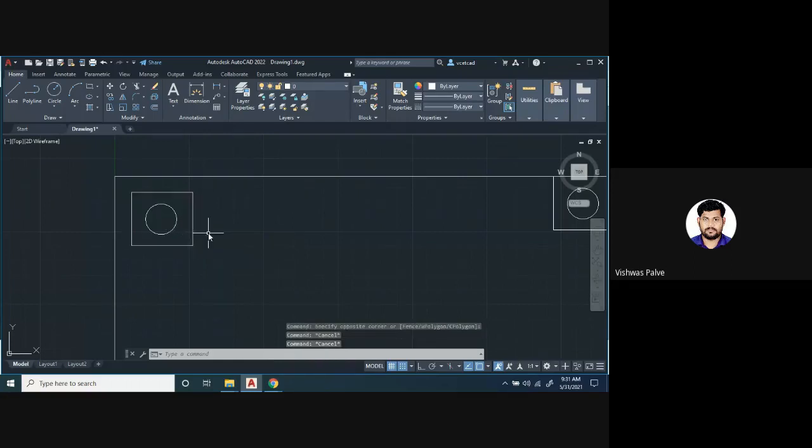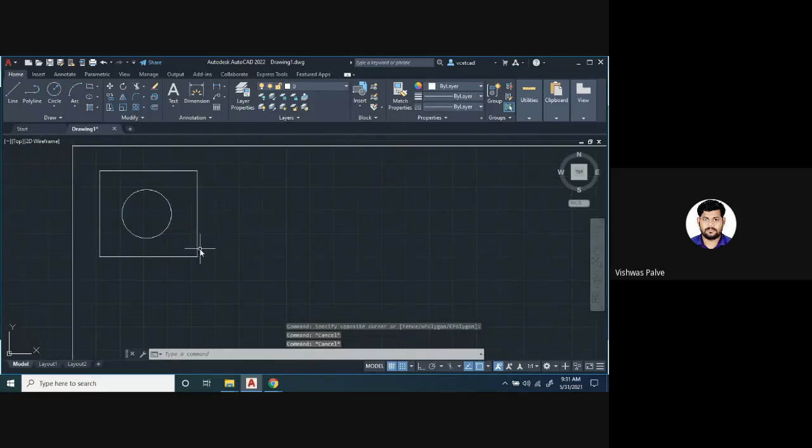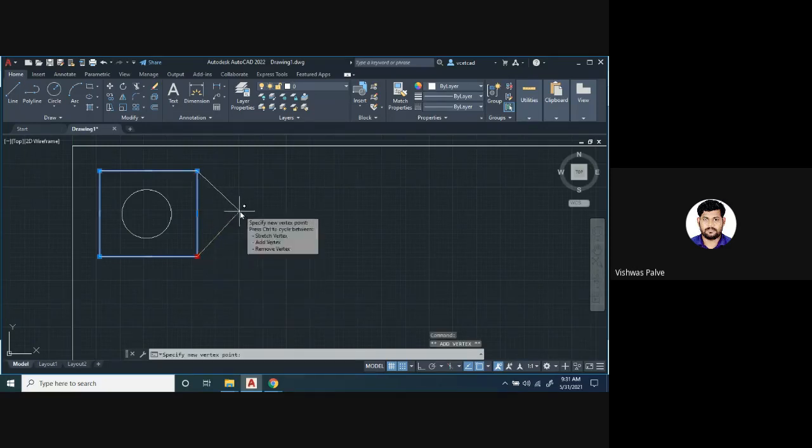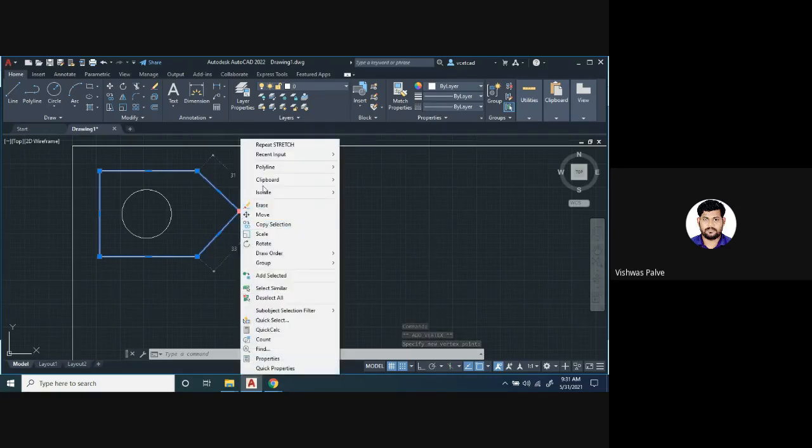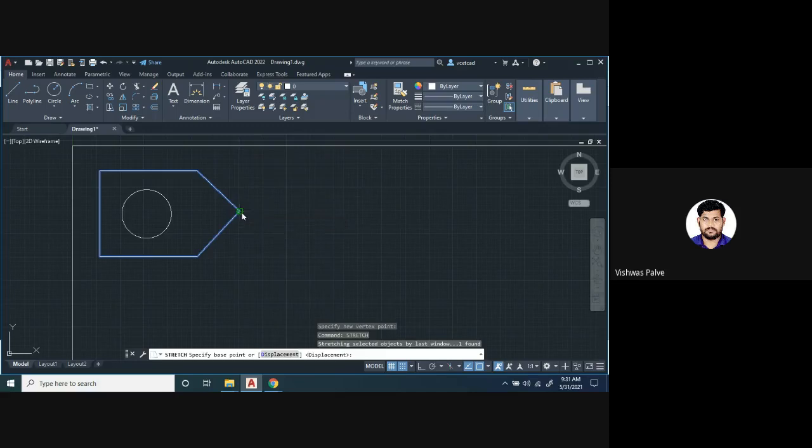Or the shortcut for this, if you want to extend it: whenever we select the object, there are 4 salient points. You can see these blue color squares. When you move your cursor over one, it turns red, and it shows stretch this vertex, add the vertex. You can add or remove the vertex. Suppose I want to add a vertex, you can add one more corner to it. Again move to it, stretch. In that, repeat the stretch option, specify the point. You can move it to any location you want. So this feature is there.